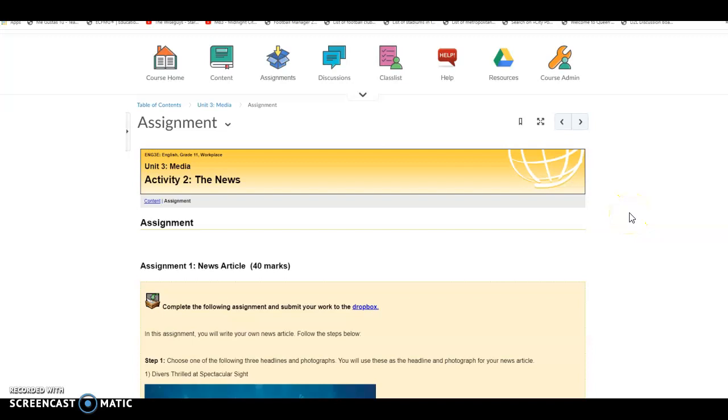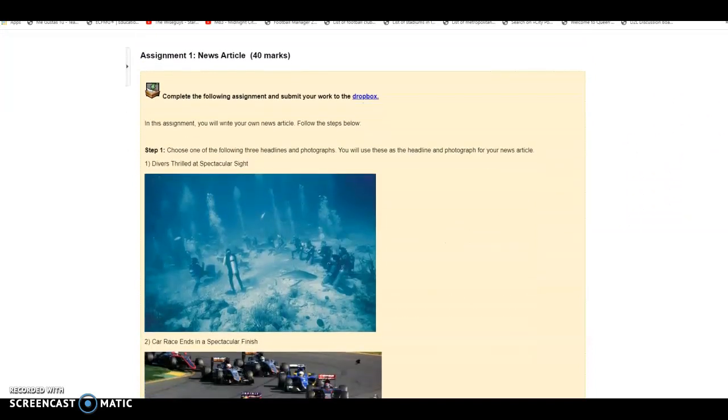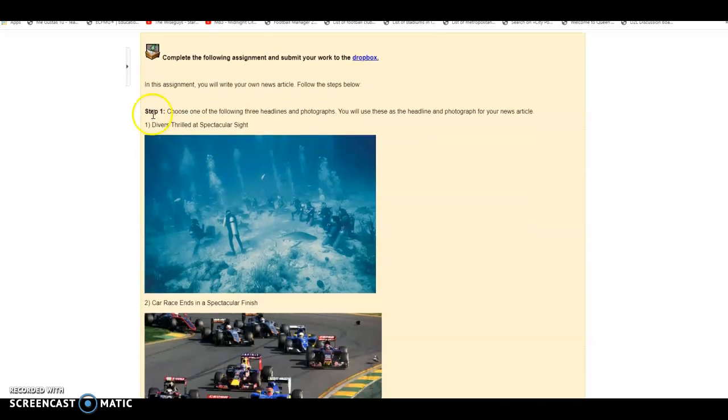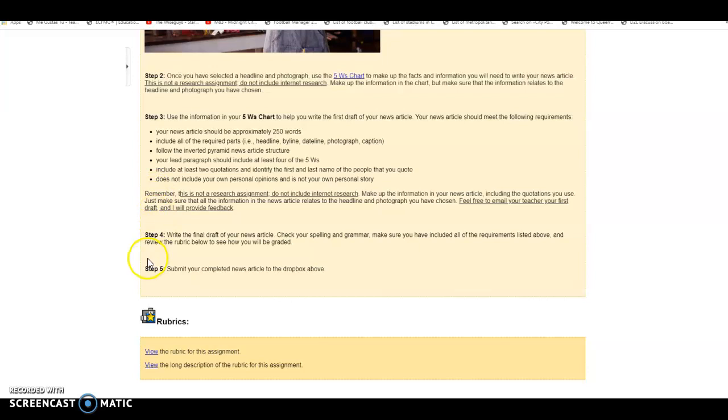Hello, in this video we're going to look at the assignment in Unit 3, Activity 2. Your assignment is going to be to write your own news article. I've broken up the assignment into 5 steps, and if you follow steps 1, 2, 3, 4, and 5, you should finish the assignment and create